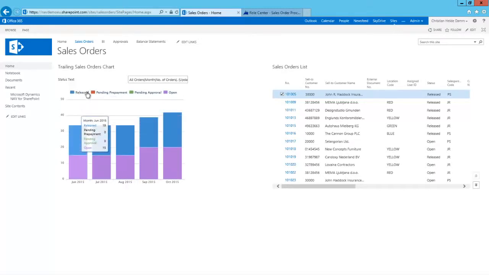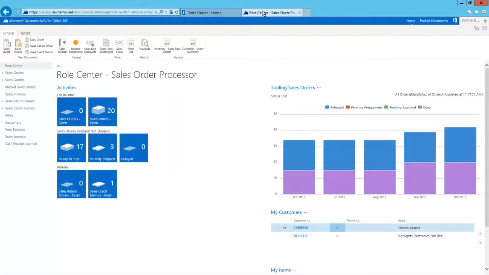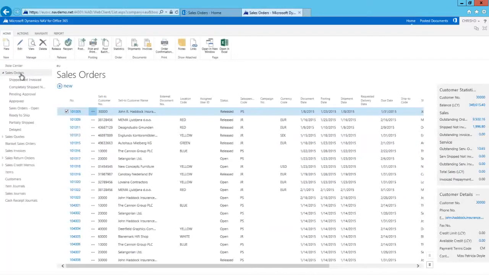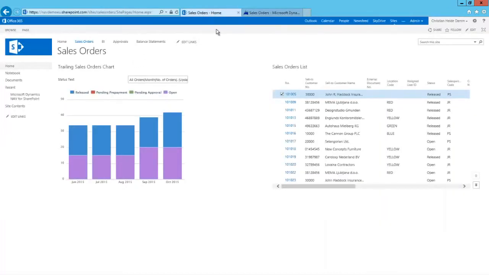Let me give you another example. In the NAV web client, I can see all sales orders, I can open sales orders to see more details, and I can make changes to them. I can also do this directly in SharePoint. And let me show you how that looks. Here you see the exact same sales orders page, and again it is the NAV web client that is actually displaying it.